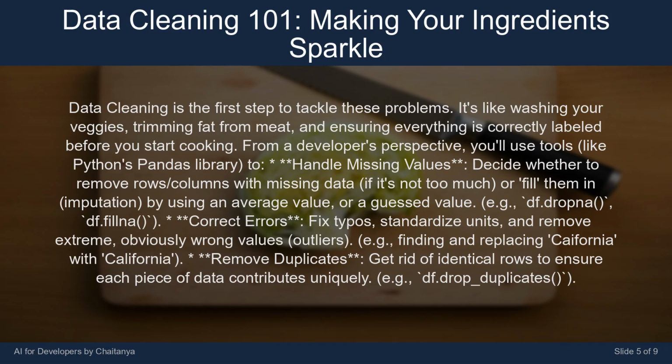correct errors, fix typos, standardize units, and remove extreme, obviously wrong values, outliers, e.g., finding and replacing Calif. with California. Remove duplicates, get rid of identical rows to ensure each piece of data contributes uniquely, e.g., df.drop_duplicates(),